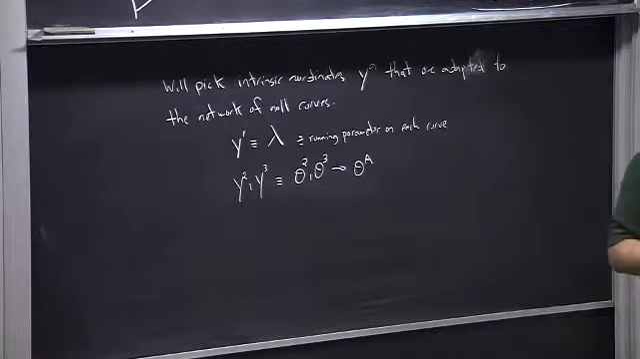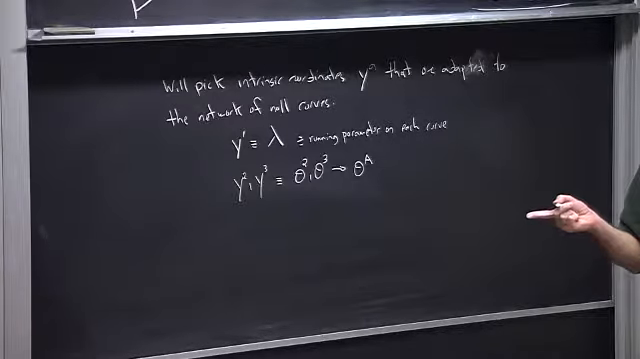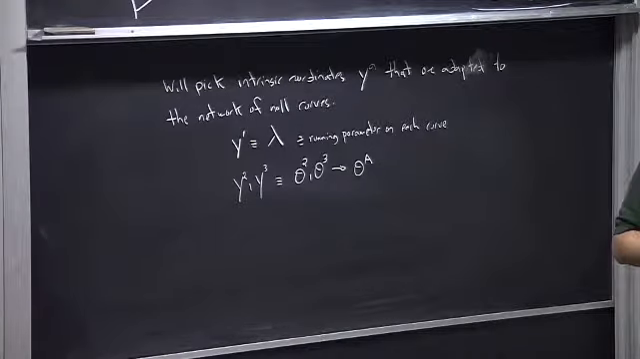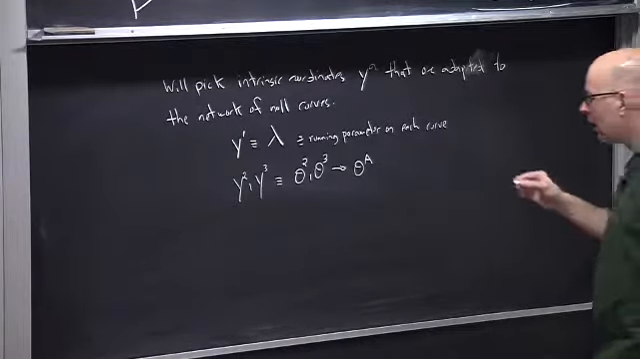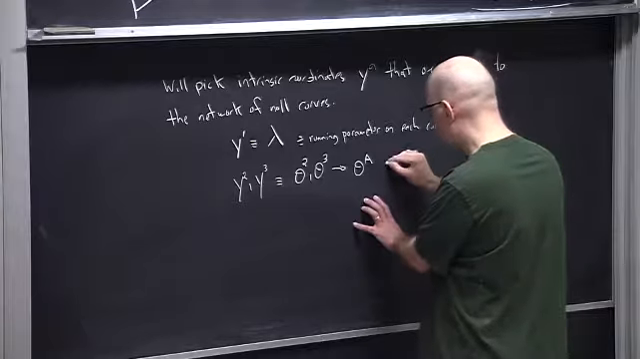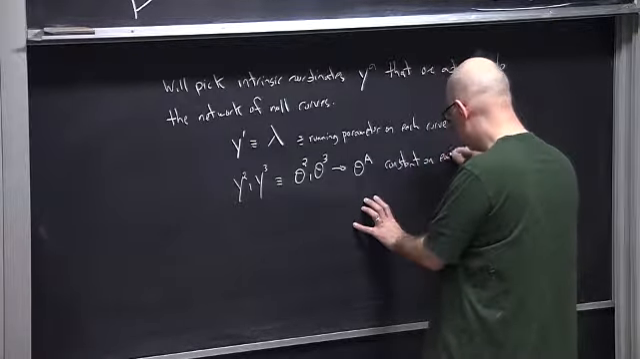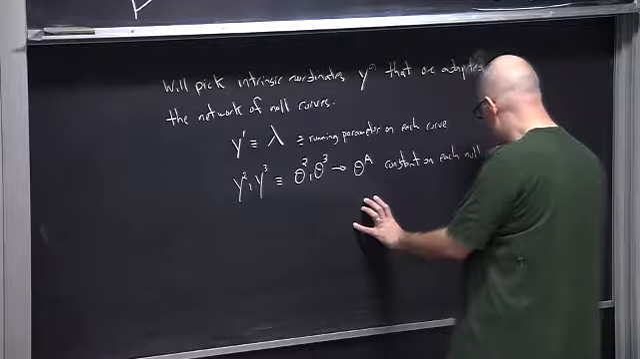Those coordinates, I still have some latitude here, but those coordinates will be such that there are constant labels on each null curve. Those are selected to be constant on each null curve. And that's what I mean by